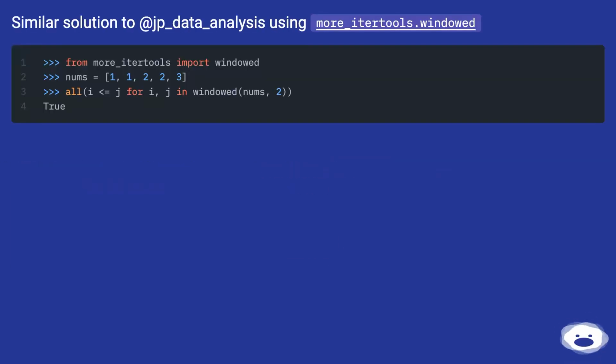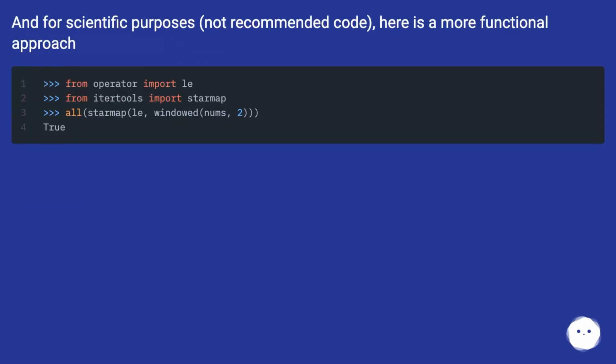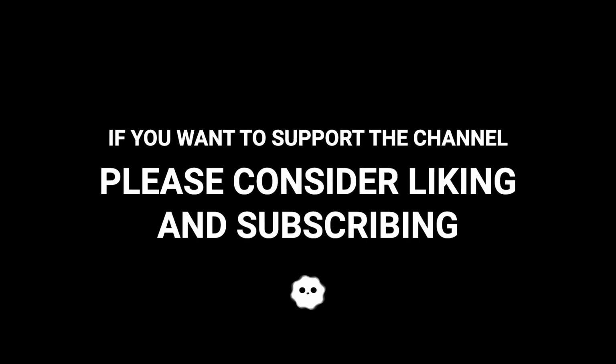Similar solution to at jp_data_analysis using more_itertools.windowed. And for scientific purposes, not recommended code, here is a more functional approach. Isn't it what